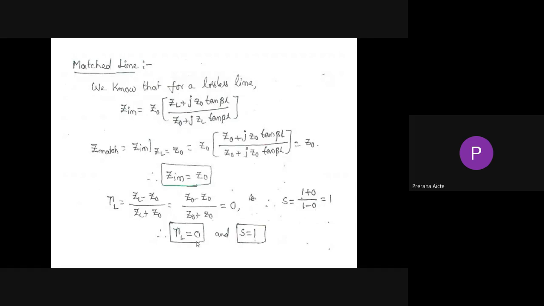So in the matched lines, now we can recall the same expressions, that is Zin is equal to Z naught into Z of L plus